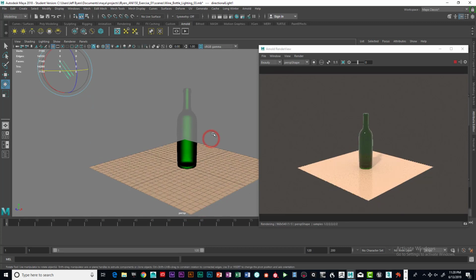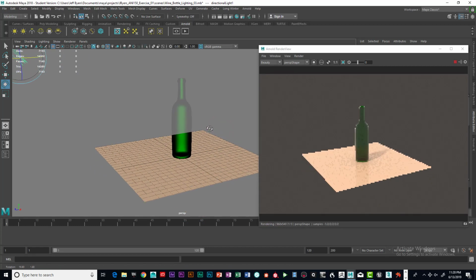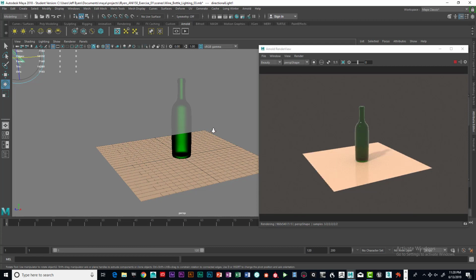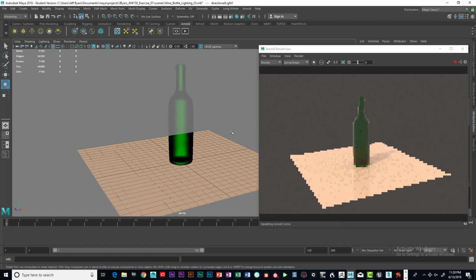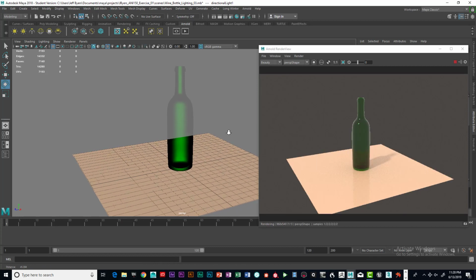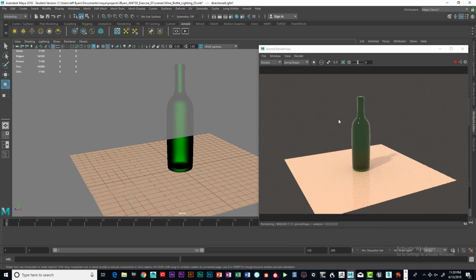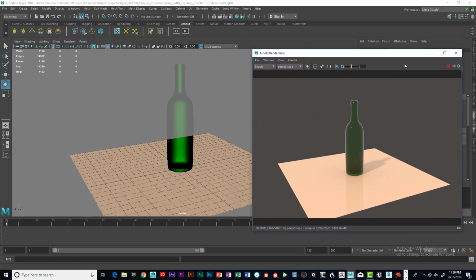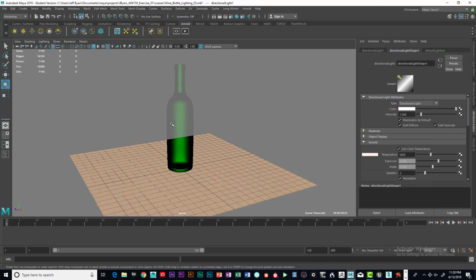So we got a pretty decent render. That looks pretty nice. I like that. Maybe just rotate it around a little bit and get a little closer. Okay. So you can tweak this as you see fit. Right now we've got a pretty decent render. The glass looks like glass, and we got a nice shadow, and it's kind of dithering out. So you could be finished with this, or what I would suggest at this point is to shut that down, meaning just click that off, because it will slow things down. So if you like your lighting and you're done tweaking your lighting, then the next step would be